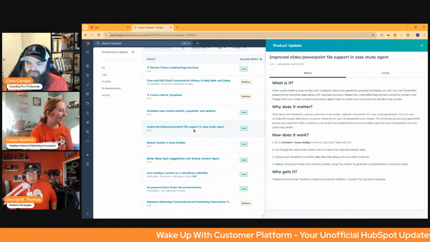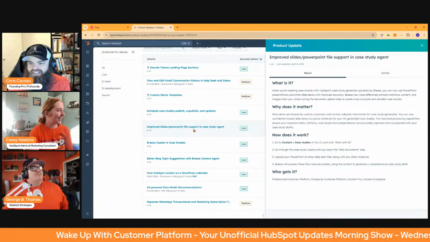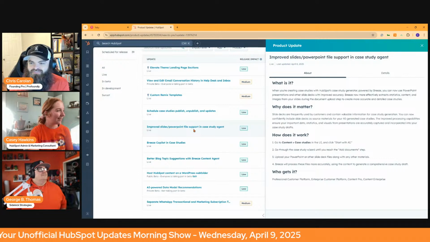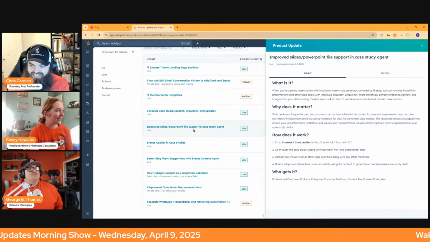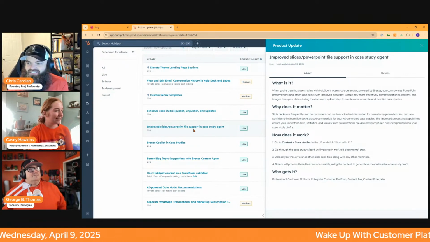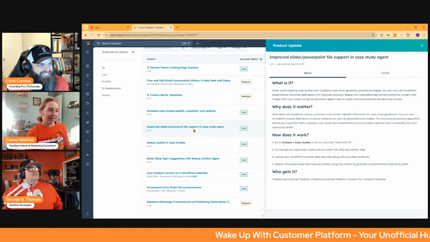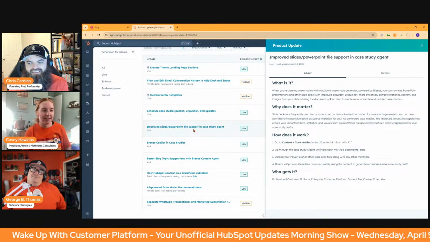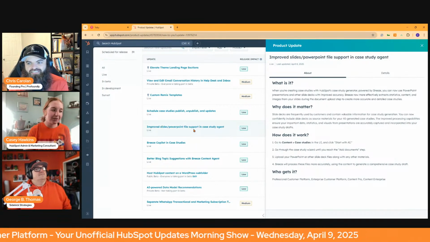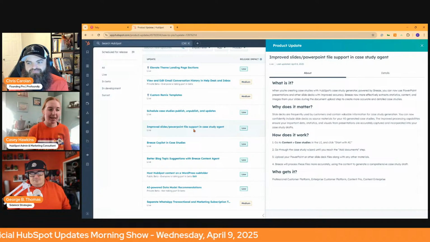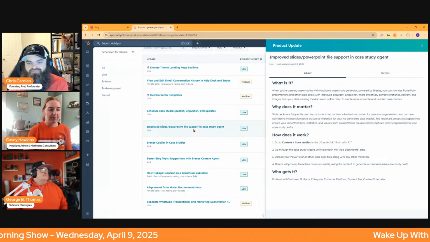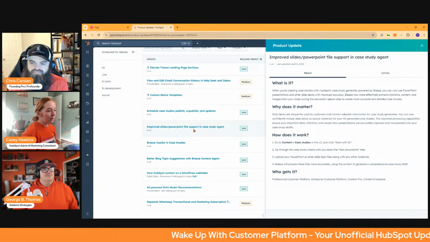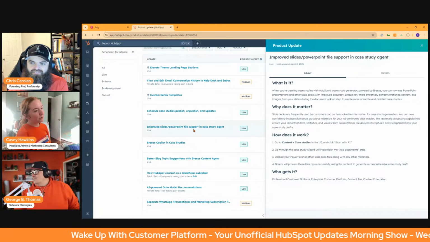You can now use PowerPoint presentations and other slide decks with improved accuracy. Breeze now more effectively extracts statistics, content, and images from your slides during the document upload step to create more accurate and detailed case studies. Why does it matter? Slide decks are frequently used by customers and contain valuable information for case study generation. You can now confidently include slide decks as source materials for your AI-generated case studies. The improved processing capabilities ensure your important data, statistics, and visuals from presentations are accurately captured and incorporated in your